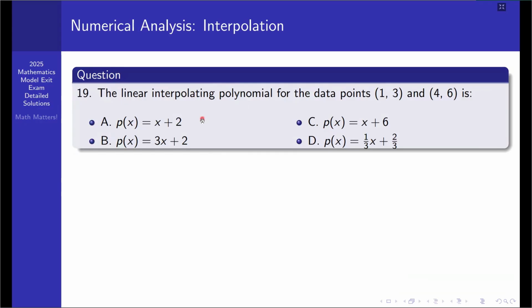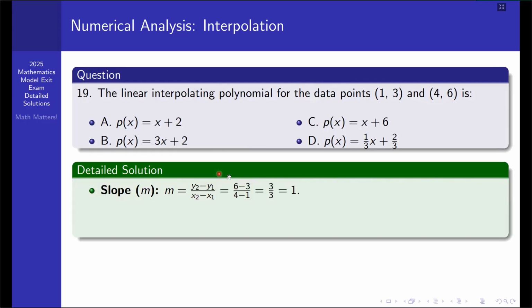Question number 19. The linear interpolating polynomial for the data points (1, 3) and (4, 6) is... We have two points here, and we are asked just to find the linear interpolating polynomial which can fit this data. That is a function whose functional value at 1 is 3 and at 4 is 6. Because we have two points here, we are asked for a linear polynomial function,